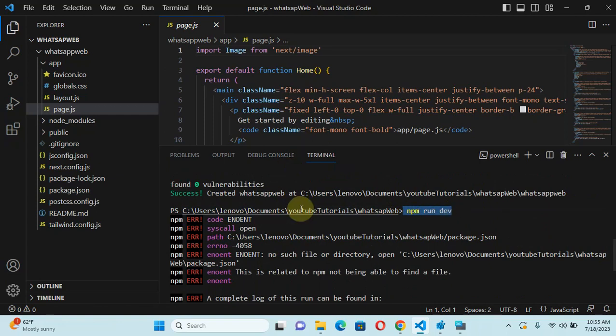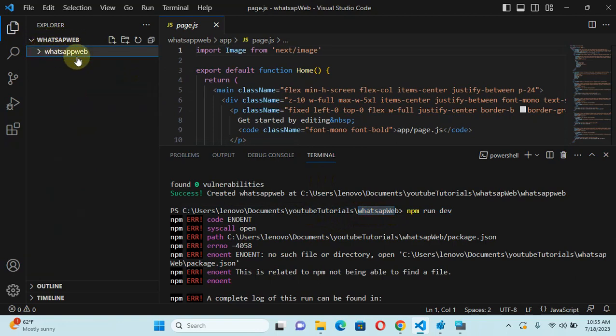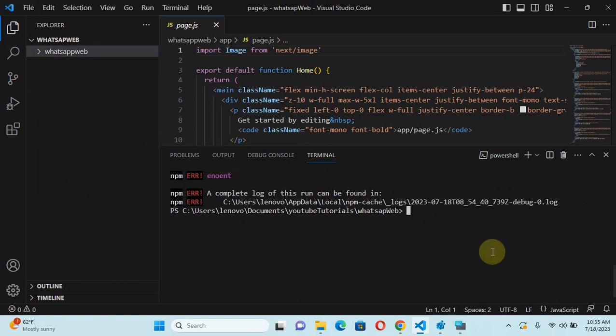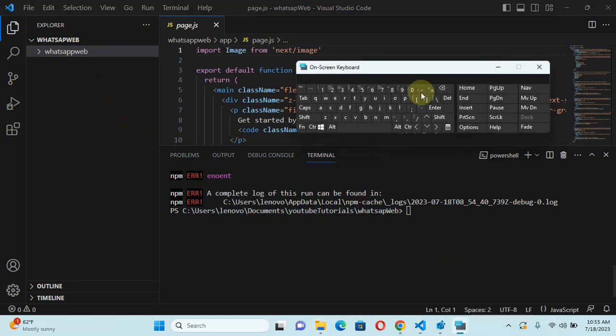I am running npm run dev on the wrong folder. As you can see, we are pointing to the parent folder, not the actual child folder which has the actual application. Thanks to that mistake, it helps us to learn. So in order for us to point to the child folder, the one that has the actual JS files, we need to type